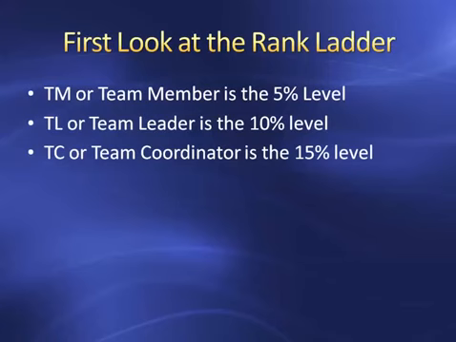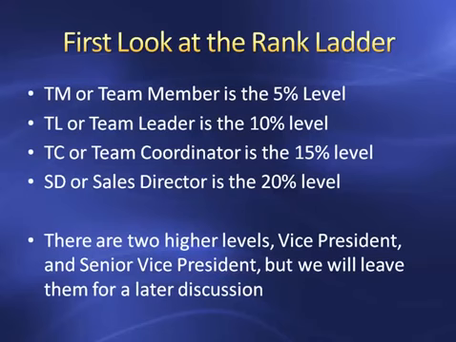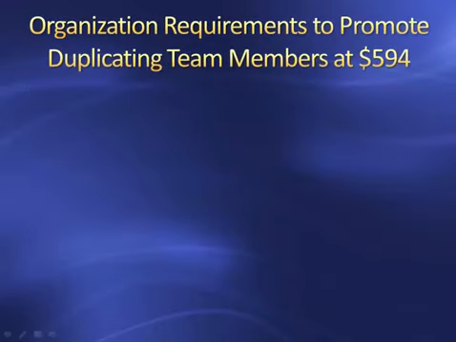Now, you can advance to TC, or Team Coordinator, which is the 15% level, and then you could advance to SD, or Sales Director, which is the 20% level. There are actually two higher levels, Vice President and Senior Vice President, and we'll bring those up later in today's discussion. Let's take a look at the organizational requirements to promote if you come in and start duplicating team members